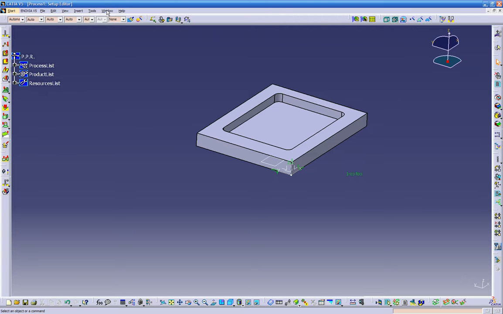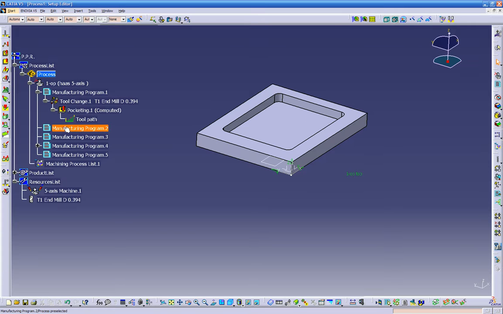This gets created on the part design or a shape design. That's where this gets created. So those two get created over here. All the tools go under this right here. So right now we have a 5-axis machine. It goes in here. If you create another 3-axis machine, it goes in here. So all the resources go in here. Product geometry goes in here, and the toolpath goes in here. So for example, right now we created this standard toolpath with the standard tool. Automatically it picked up this tool on its own. It's a default tool because we've been using the sample